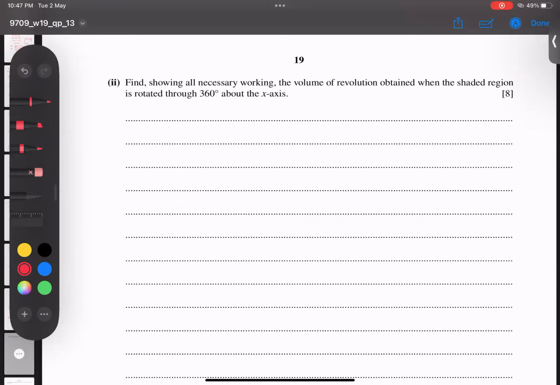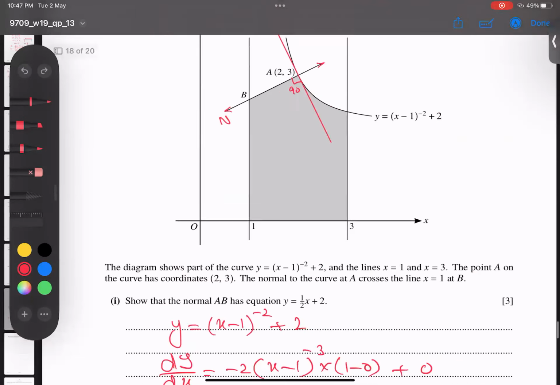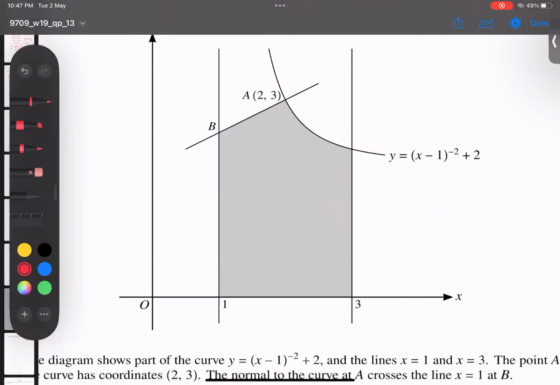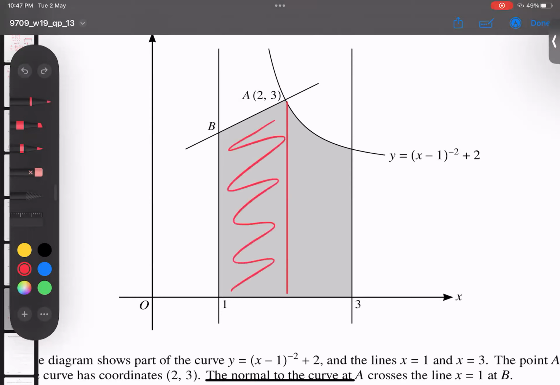Next part we have here, what is he asking us? Show the volume of revolution obtained by revolving about the x-axis. This is interesting, because the shaded area is divided into 2 categories. Okay, I will show you how. The problem is this part is separate and this part is separate. This I call the red area part. I make it this kind of shading. This is A1 and this is